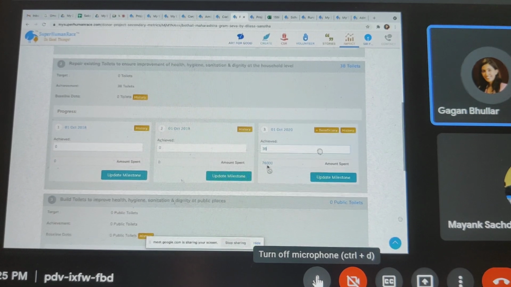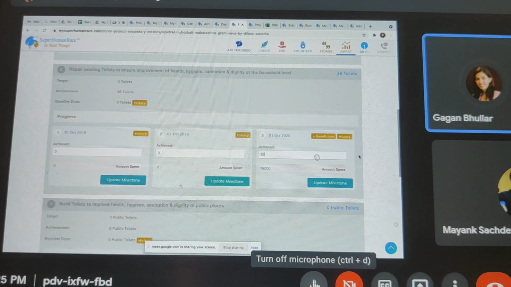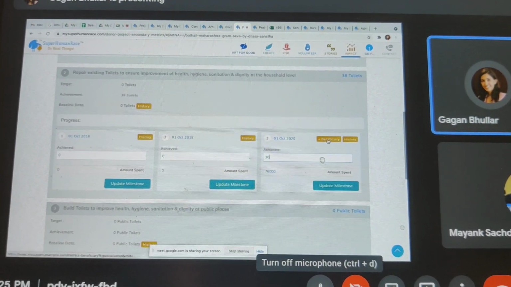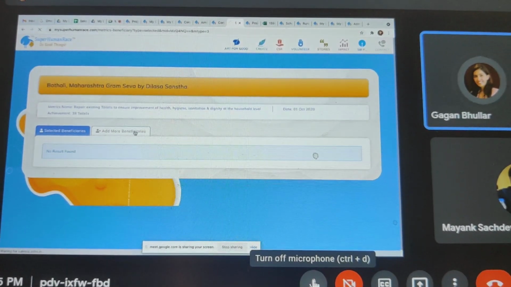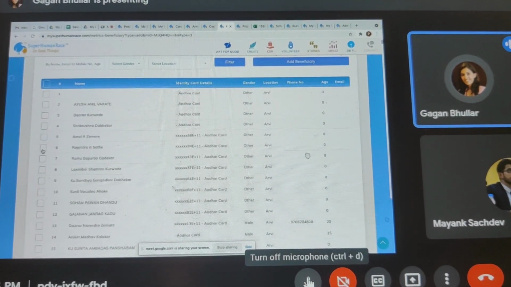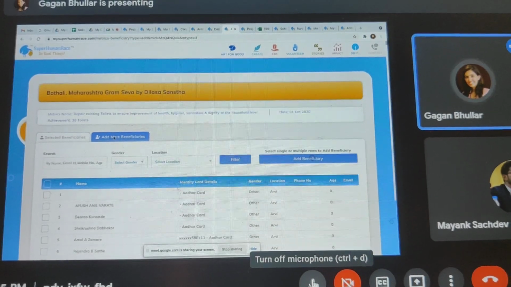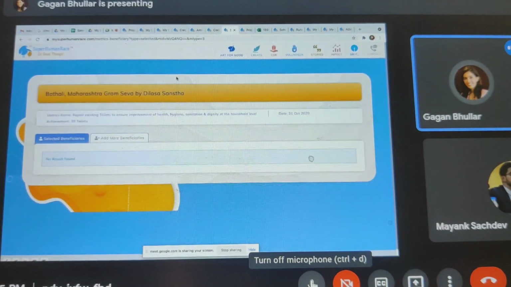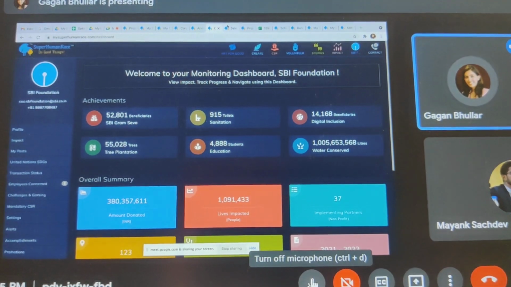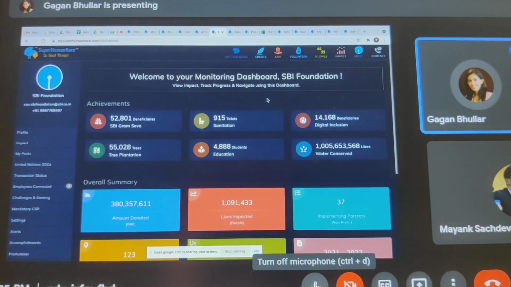So down to this level we actually track both the amount that is spent, the beneficiaries that are mapped, and the evidence if that is required as well. So when the evidence is attached, there is actually a view button that appears here which you can click to view the evidence. And in terms of beneficiaries, they can simply add the beneficiaries directly from the beneficiary list that they had originally uploaded. So they can just select all the beneficiaries who are available on the list, and they can add them, and then they appear in the selected beneficiaries module. So then we've also done some advanced grant utilization and beneficiary dashboards for some partners that are interested in that. So that is another thing to think about.